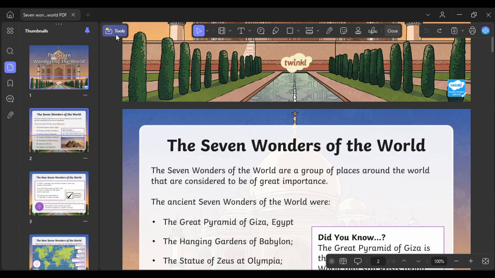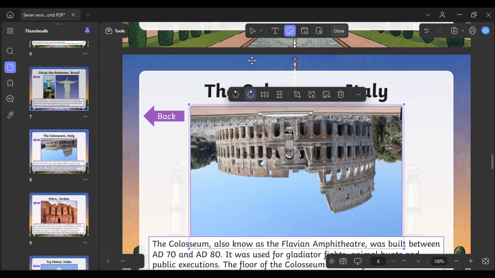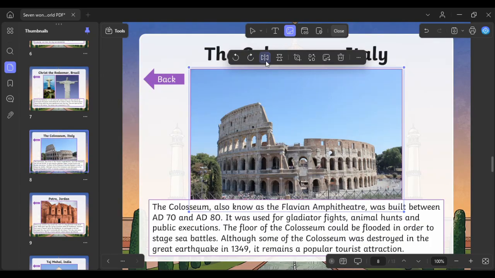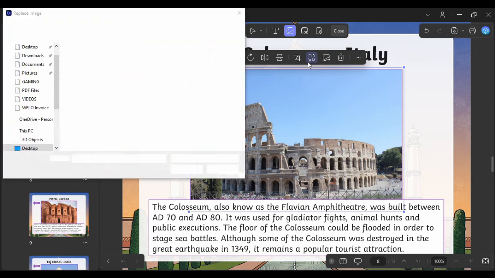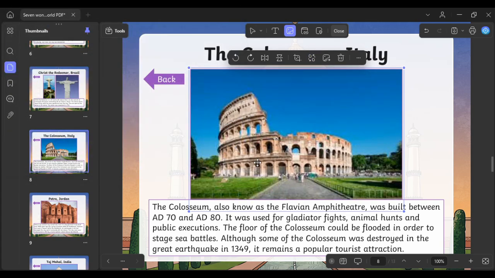Now, if we want to edit our document, all we have to do is click on Tools, then Edit. If we click on here, we can now rotate, flip, crop, or even replace this image. UPDF then automatically resizes it to occupy the exact size of the previous image, saving you time resizing, arranging, and placing the image yourself.